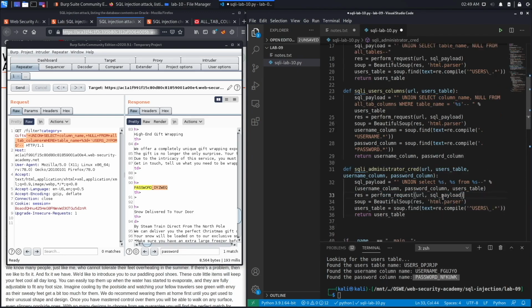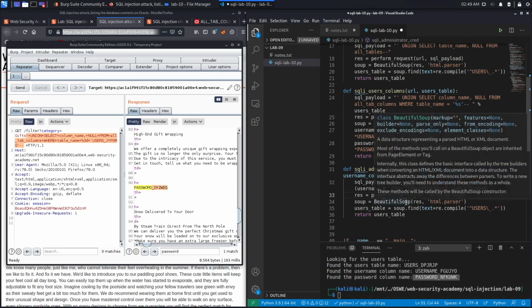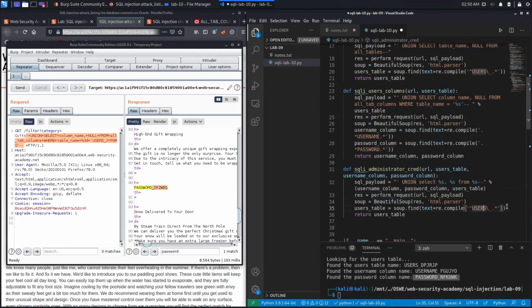All right, next we use the perform request function in order to make the request with the SQL payload and save the response in res. And then we use the Beautiful Soup library in order to parse the response. Now, this is not going to work because now we're looking for the user's password. And in order to do that,